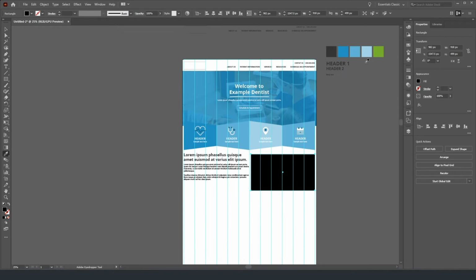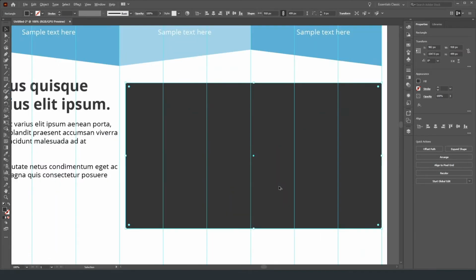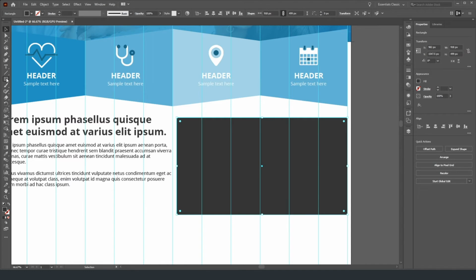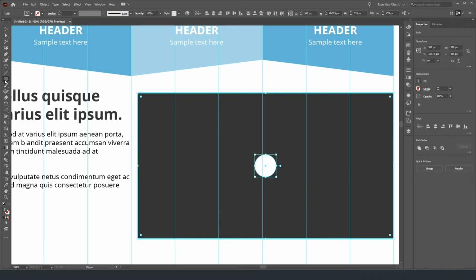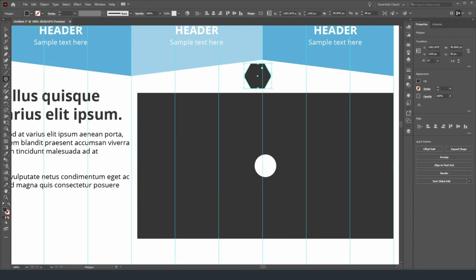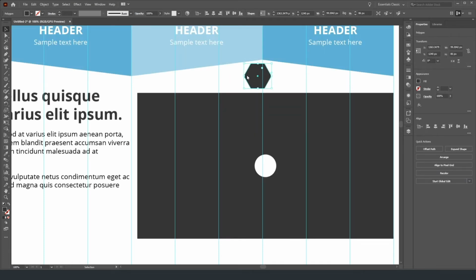So I'm going to take, let's do this one, because we're going to have some social media call outs underneath it. And then I'm just going to put in a little play button so they'll understand that this is a video window. So let's draw out a circle, make it white, and we're going to center it inside of this box. So let's do align to key object here. Then we do center, center. Then I'm just going to draw out a play. So let's see, we got this here. We're going to make this into a